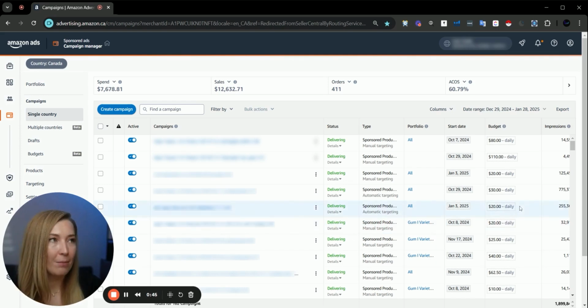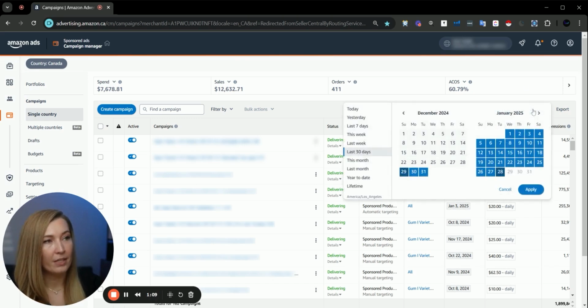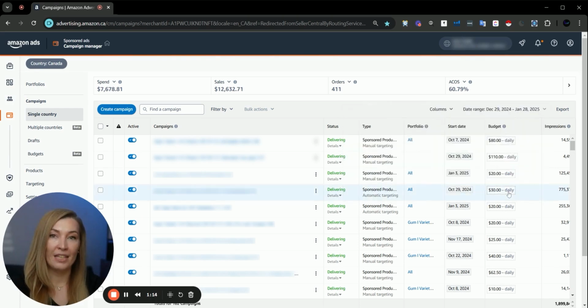So first off, right now I'm logged into an account on the Canadian marketplace. Placement modifiers are going to act exactly the same way. It does not depend on the marketplace. First thing I would like to check: here I have the date range selected for the past 30 days. Why is this important? Because I want to base my data on a longer time range rather than 1 day or 2 days. 30 days we find is the best date range to find out if we should be applying any placement modifiers